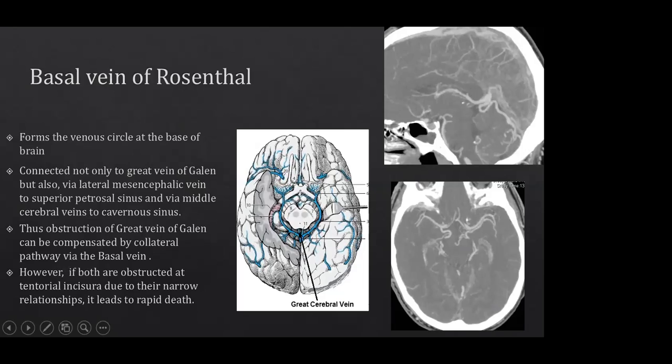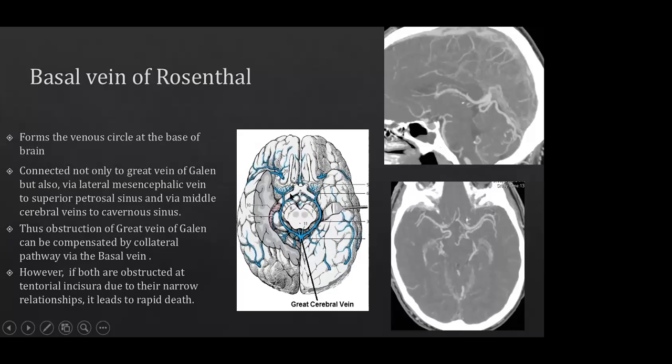So this is what is shown here on this anatomical picture. You can see the brainstem over here. On either side are the basal veins of Rosenthal. They are not in the midline, they are paramedian, and they are formed anteriorly over here, as you can